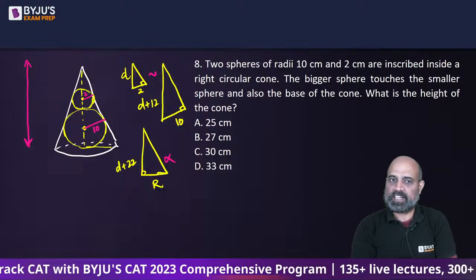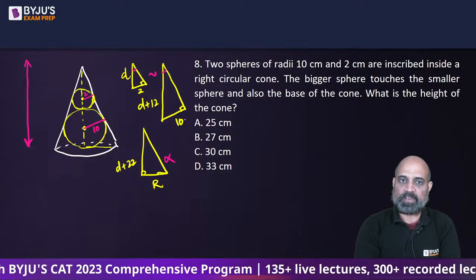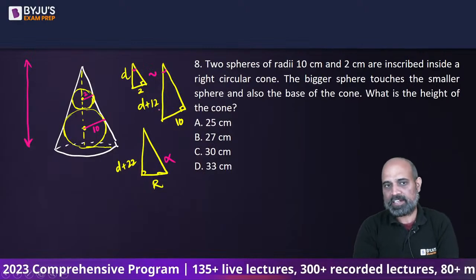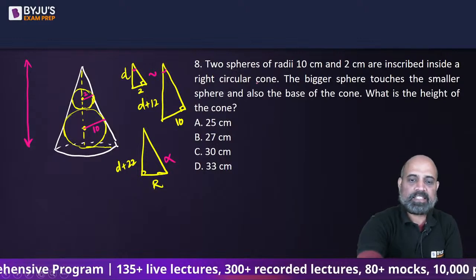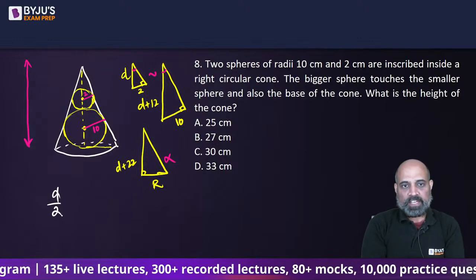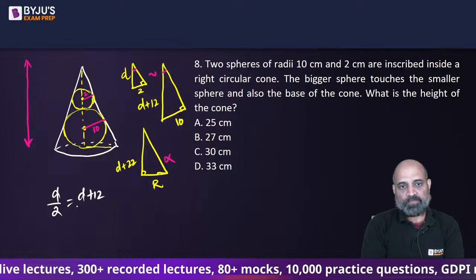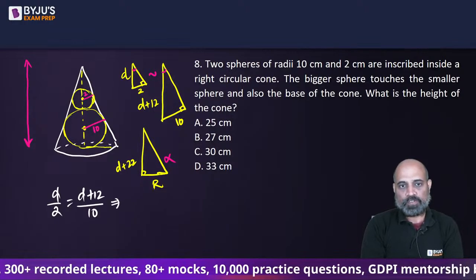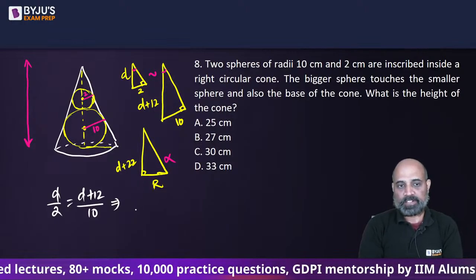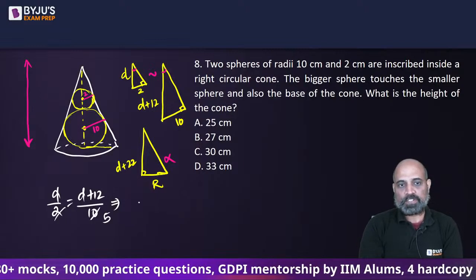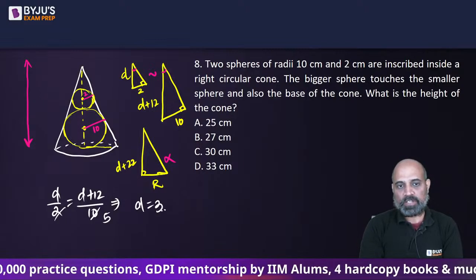These two are similar triangles, right? Because this angle is the same, 90 is the same. So by similarity, from here we can say that d by 2 is equal to d plus 12 by 10. So we will get the value of d from here. So this gives us d is going to be 3,